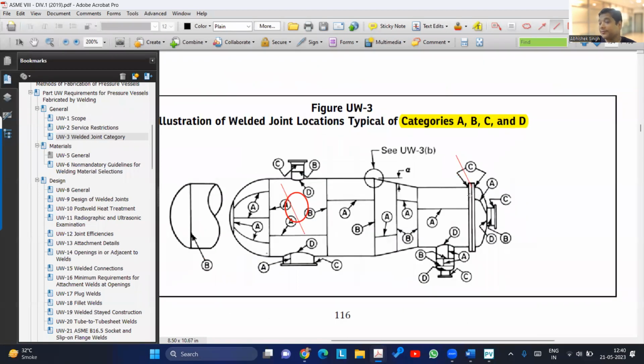What is the justification for that? That I don't know. Actually, at that time I did not ask, but I will ask my welding engineer. He will also maybe not be able to explain why B and C have different requirements, because the code has given the requirement. Why they have given it like that, to answer that, you need to be really into that subject. So some may answer, some may not. You can ask and check whether he is able to,